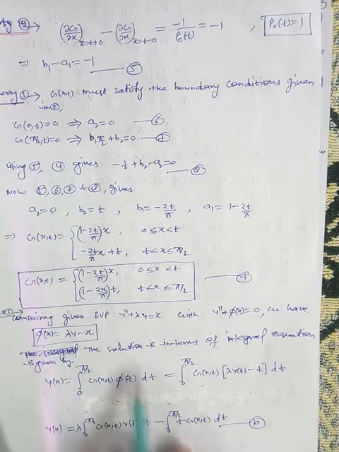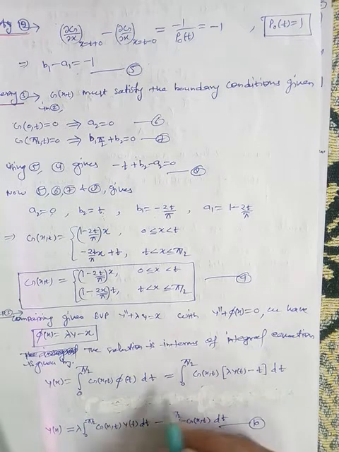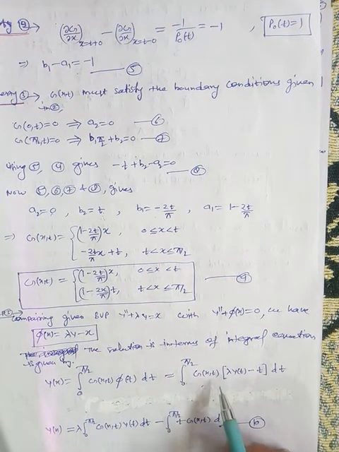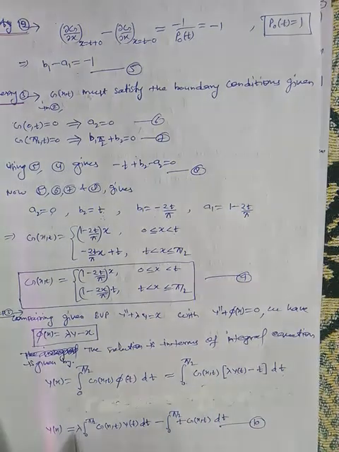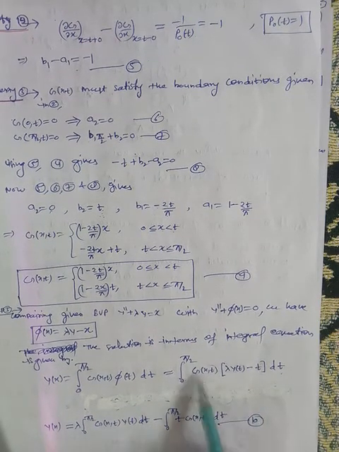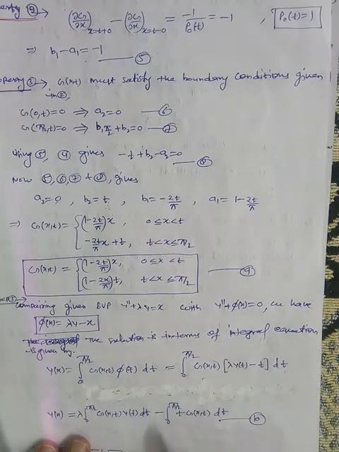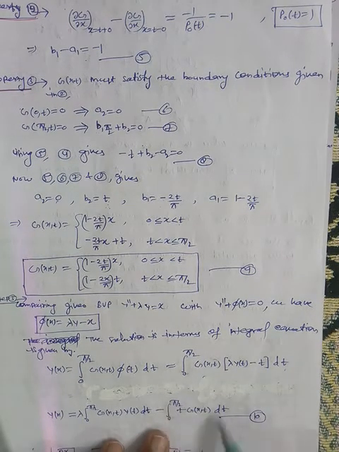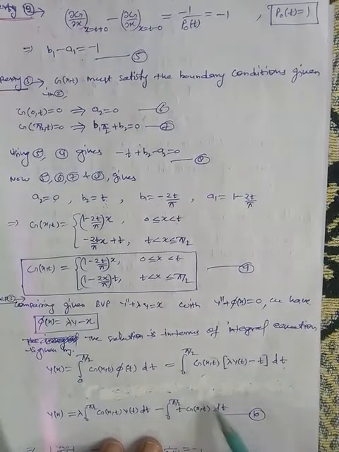Now substitute this in this result. Phi(x) is integral 0 to pi by 2 g(x,t) phi(t). So we get integral 0 to pi by 2 g(x,t) (lambda y(t) minus t) dt. Now when you separate these, this multiplied by this is taken here, and g(x,t) multiplied by t is written here. Now we are not interested in solving this, because here is y which is unknown. However, here we have everything known. t is known, g(x,t) is already known to you. So you can evaluate this integral.